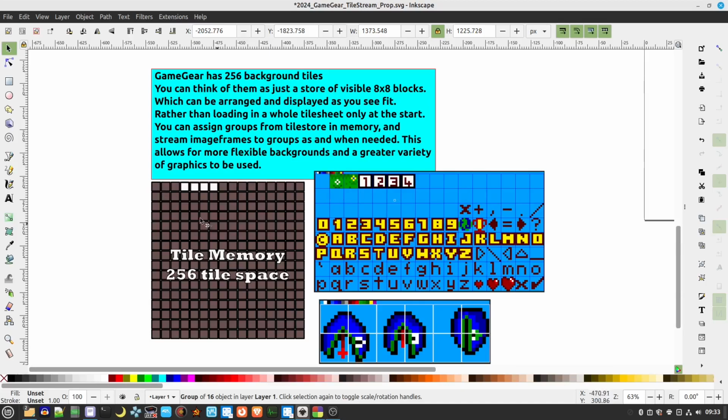So all these images would then be put across here. And then these 4 images here, these are the images we will use to stream the 4 tiles that make up the image of each of our characters' frames here. So if we copy these 4 tiles to here